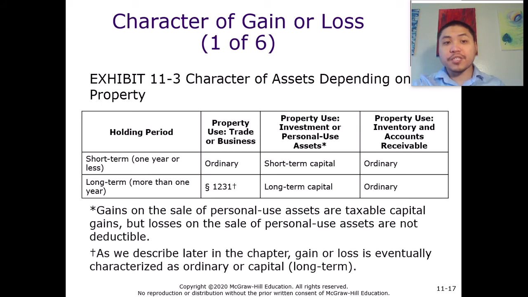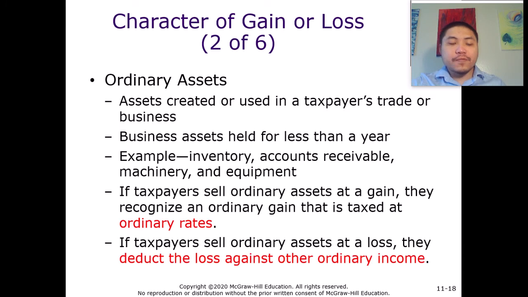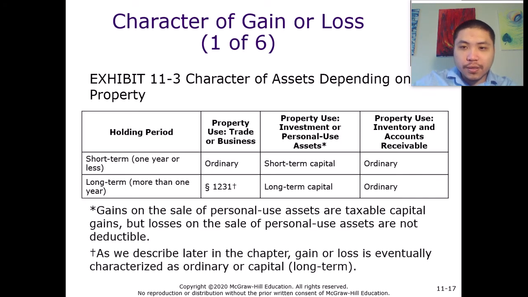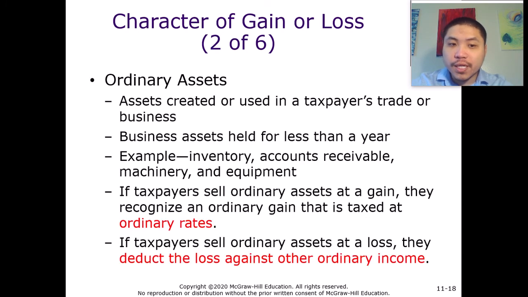Types of properties. First of all, let's talk about ordinary assets. As we know, ordinary assets are properties that are created or used by taxpayers in trade or business, that are held for less than 1 year. They also include properties that are used as inventory and accounts receivable as well. So the characteristic of this asset is that